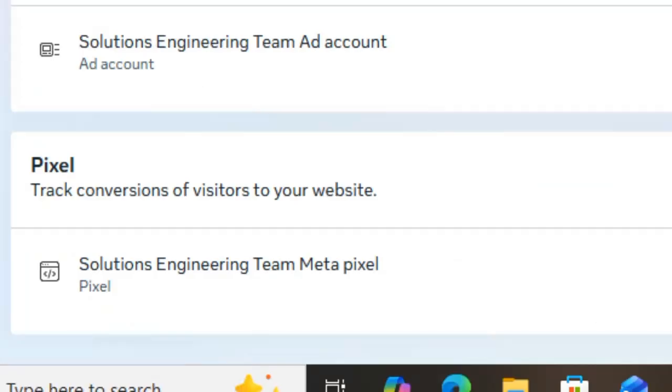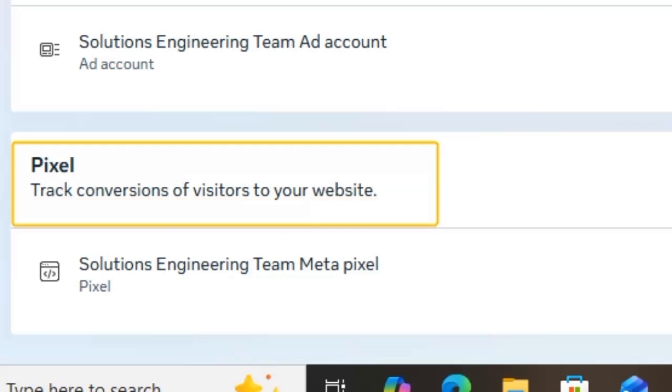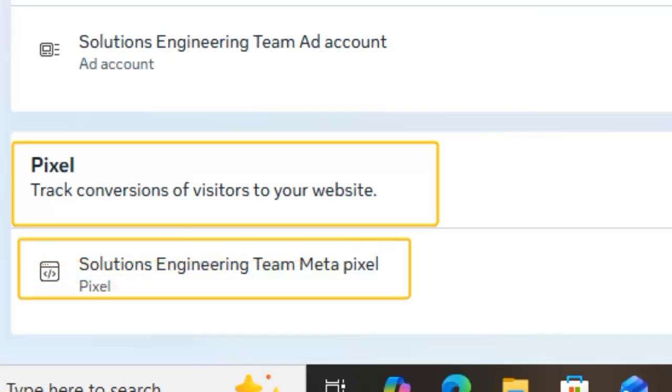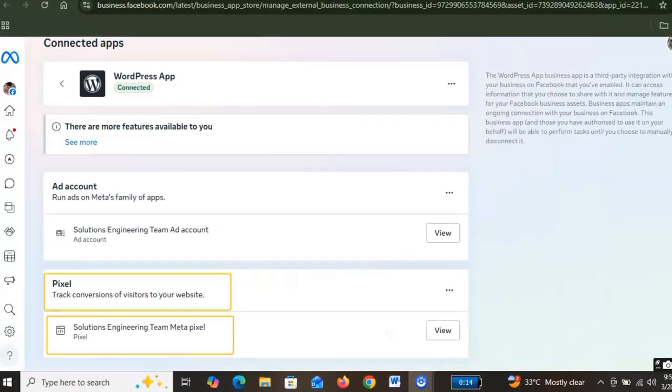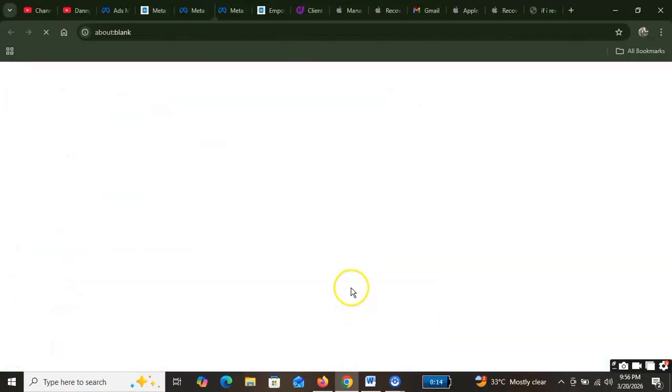So this is how you connect your Pixel from your website. Like I said before, the purpose of connecting your Pixel is so that you can get information, like the amount of people that are entering your page and people that are making purchases. So you only connect your Pixel for a page that wants to collect information from people. You want to know what is going on on your website. So if you just want normal access,